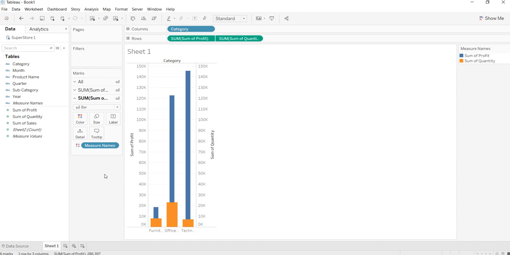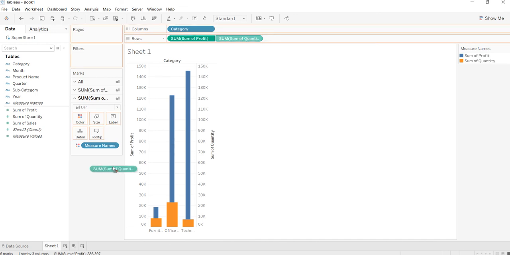So again, you can see that now it is very clear that there are two different bars within this view, and the width of each bar is different compared to the other. So this is one example wherein you would want to use this size property to change the appearance of the marks on the screen.